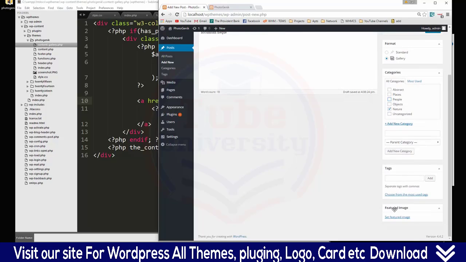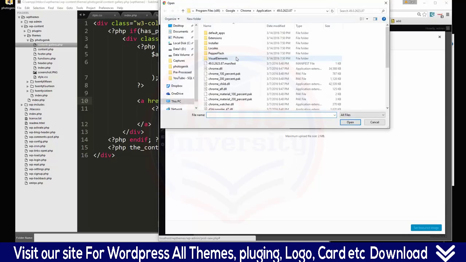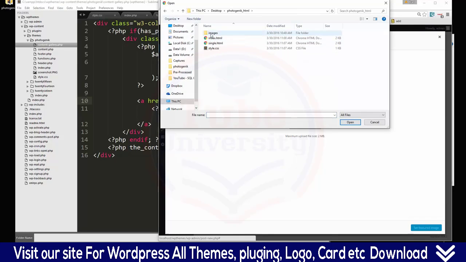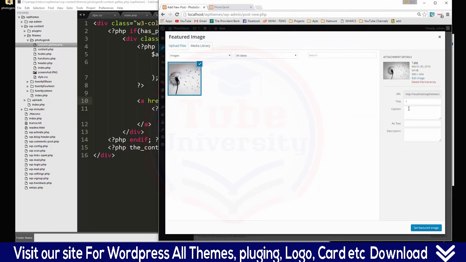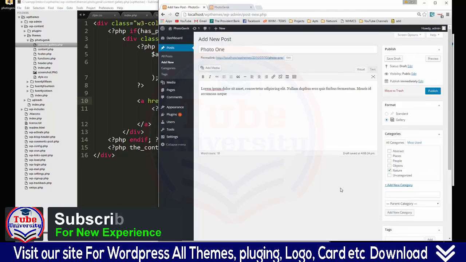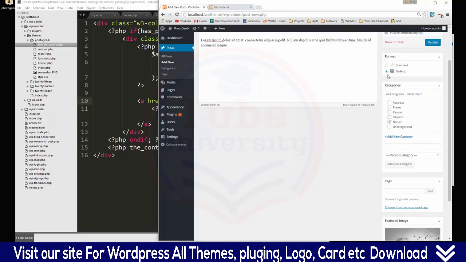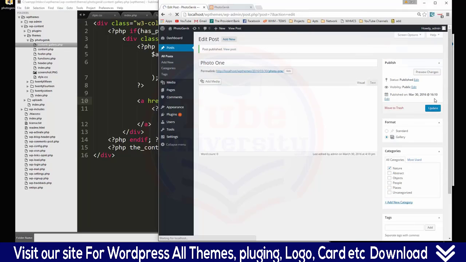Okay, and then down here in featured image, we're going to say set featured image, and then we want to upload a file. And what I'll do is go to our HTML template here and go into images, and I'm going to grab this first image. Okay, over here you can give it a title, we'll say photo 1. You can put a caption, description, and then we'll say set featured image. Okay, so things you should have is the title, description, gallery, you want to check that, category, and then a featured image. Okay, and we'll go ahead and say publish,